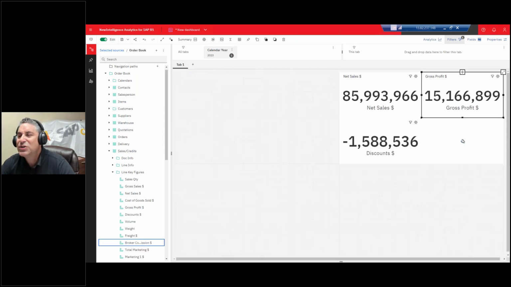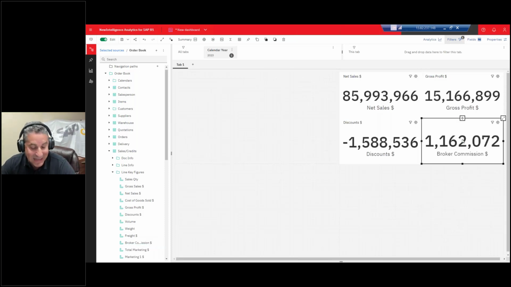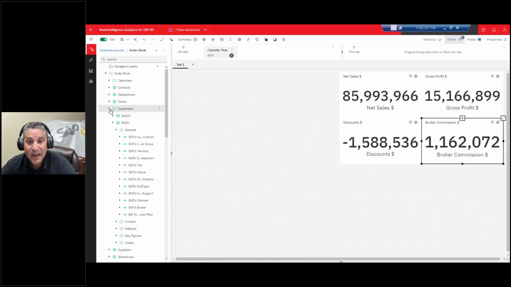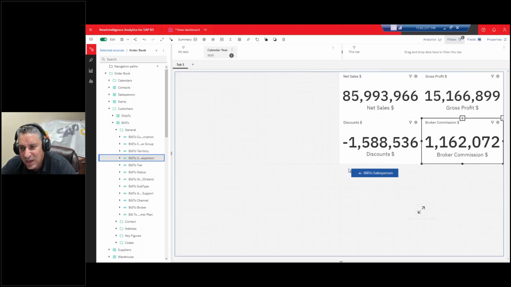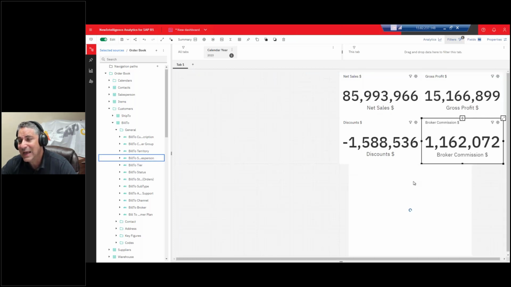And again, it's going to just bring in that information for me to be able to look at. But now I have the ability to bring that into context. So what I can do is bring something in, like go to my customer area, and say, you know what, I want to take the salesperson. So I'm going to take the salesperson and bring it over here into the lower left-hand quadrant. Now, once I do that, it's going to bring that information to me,